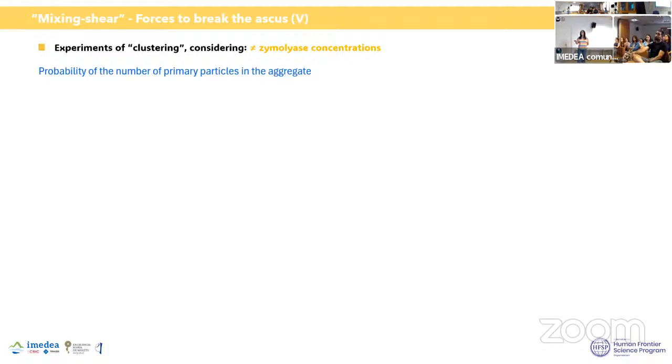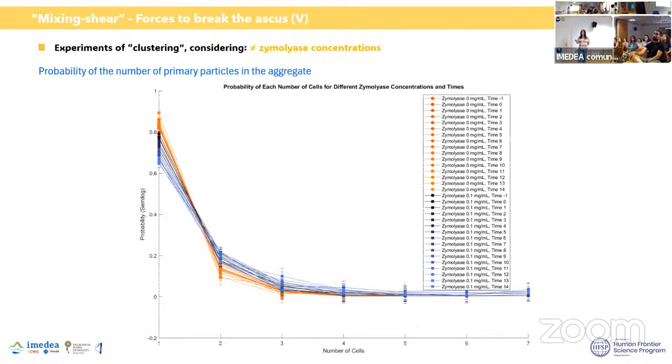So, I want just the last image of this experiment. If you can see, look only at the colors. The orange are the samples without zymolyase, and the blue ones with zymolyase. And you can see here that first the orange was on the top. So the probability that we have